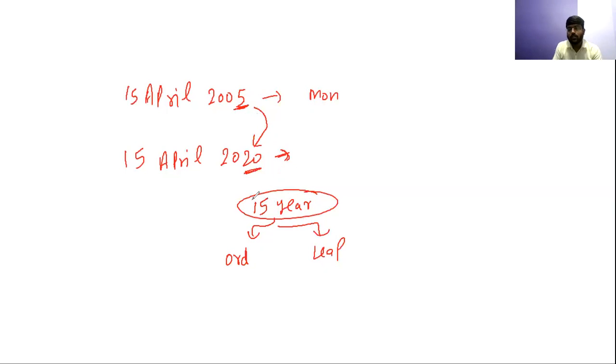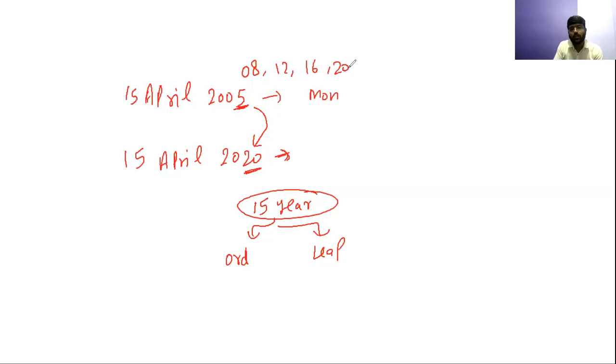You will always make mistakes in the competitive exams because the questions are very tricky there. So just try to calculate this manually, and this is very easy to calculate. From 5 to 20, how many leap years will there be? See, the first leap year after 5 will be 8. 2008 will be leap. Then if you add 4 years, 12 will be leap. After 12, 16 will be leap, and after 16, 20 will also be leap.